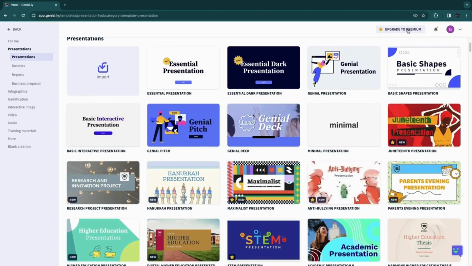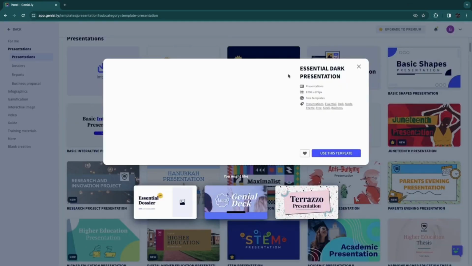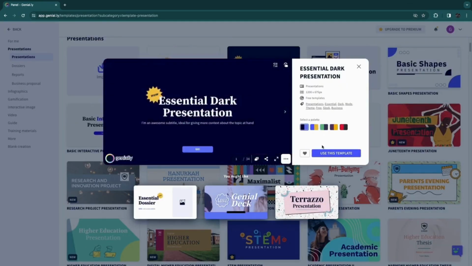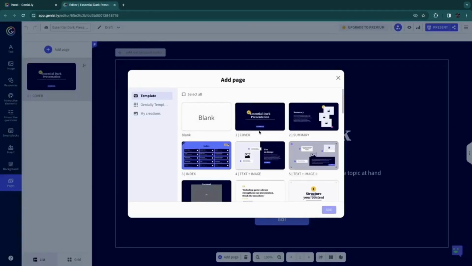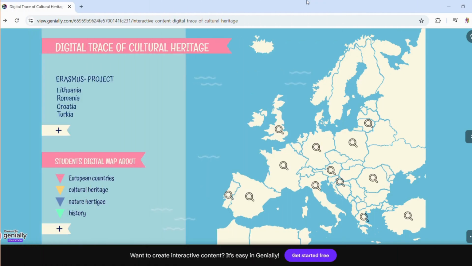Various templates are available, some free, some premium. The premium templates require an upgrade. For example, selecting the Essential Dark presentation allows viewing the template, choosing a color palette, and then clicking Use this template if satisfied. Let's now take a closer look at a concrete example of how Genially can bring adult learning